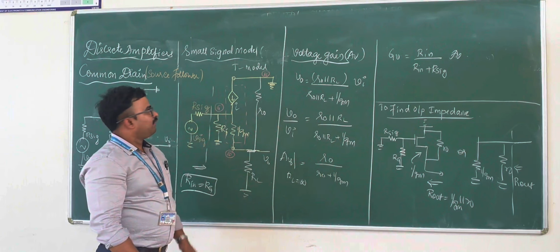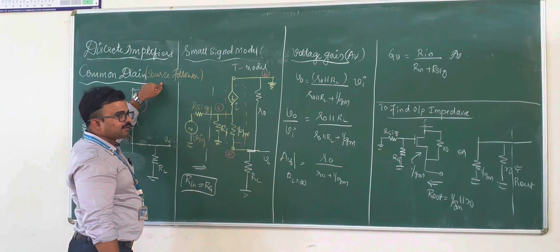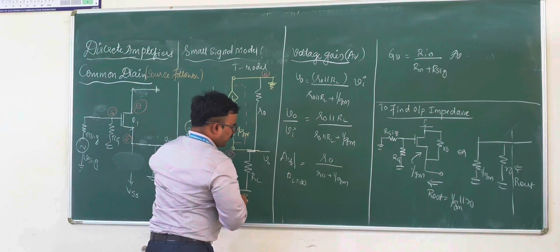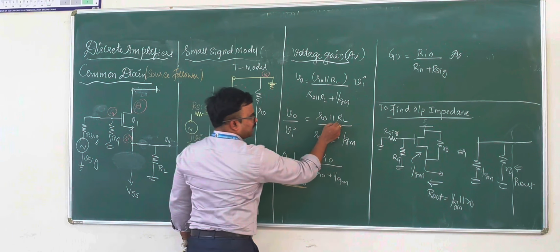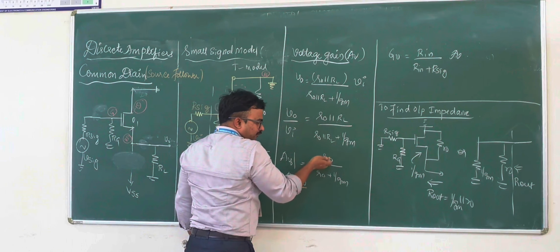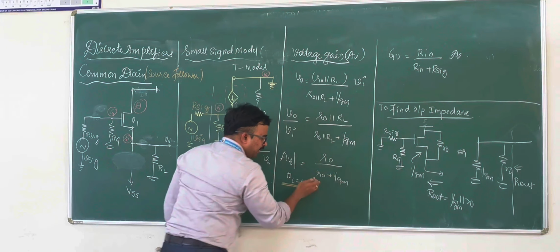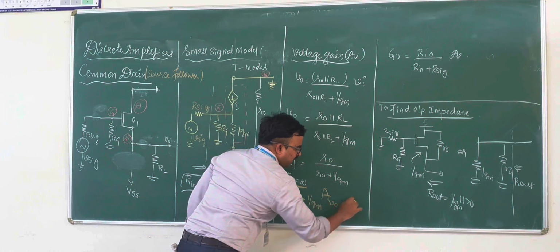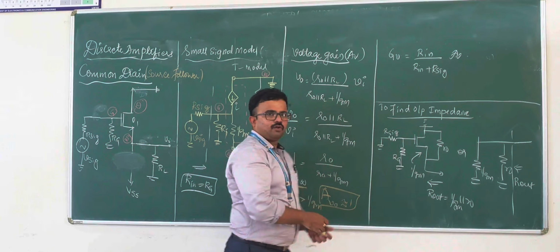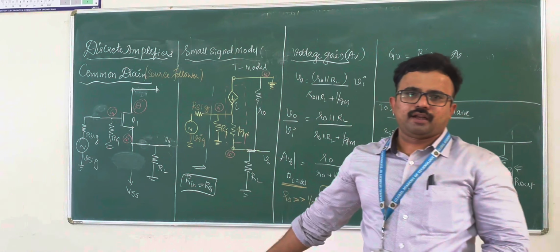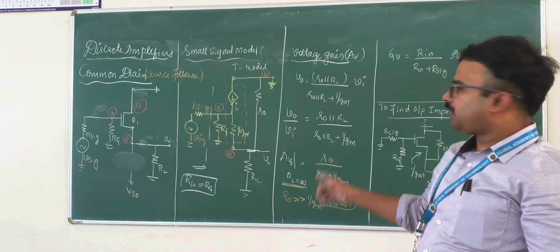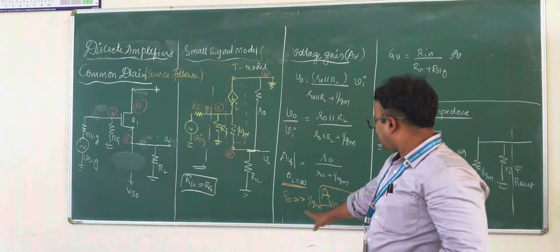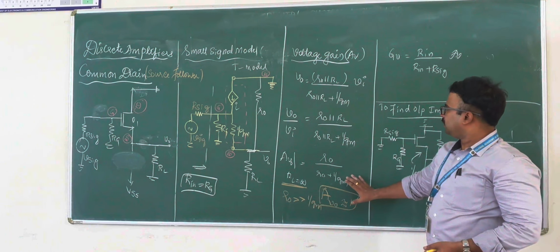Finally, why is this called a source follower? Why is the common drain circuit called a source follower? You need to check this out. It can be analyzed by making RL infinite, so this equation reduces to R0 divided by R0 plus 1 by gm. In this equation, if R0 is much greater than 1 by gm, then Av0 tends to unity, equal to 1. So it is a unity gain amplifier. In the final exam, you can expect a question: prove that the gain of a common drain amplifier is equal to 1. So Av0 is equal to 1 for a common drain amplifier. This is the procedure.